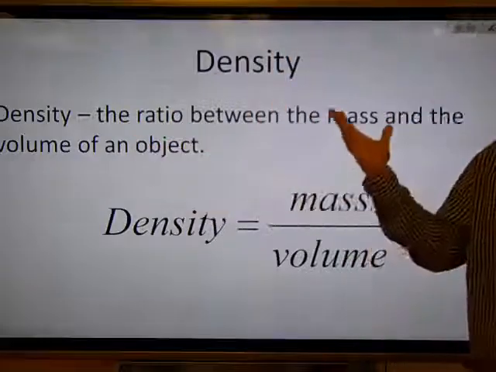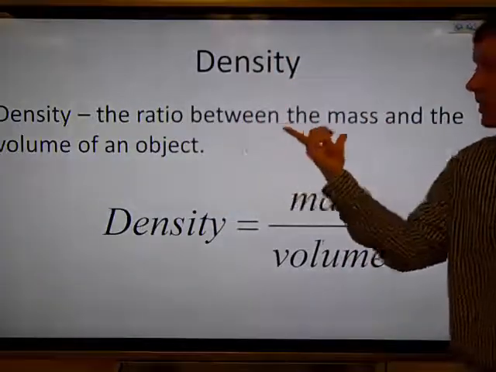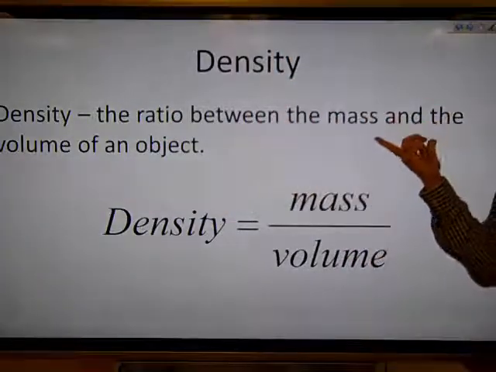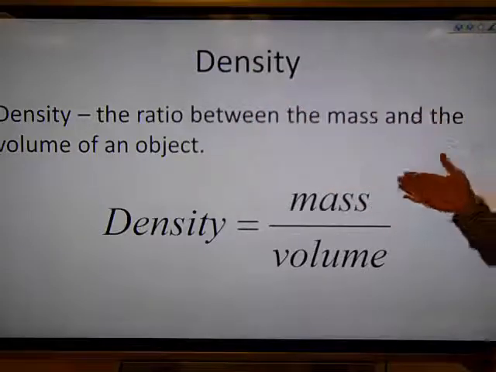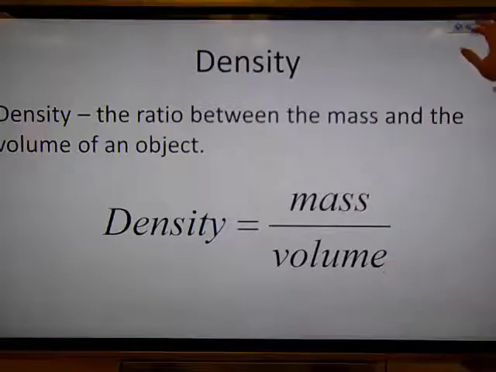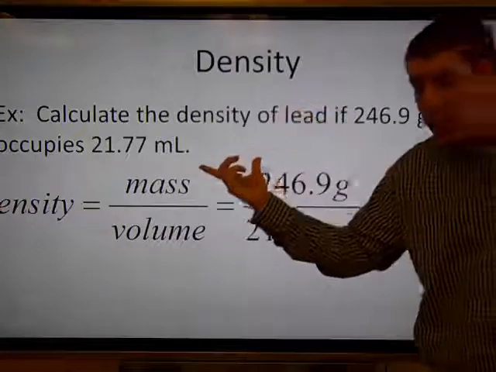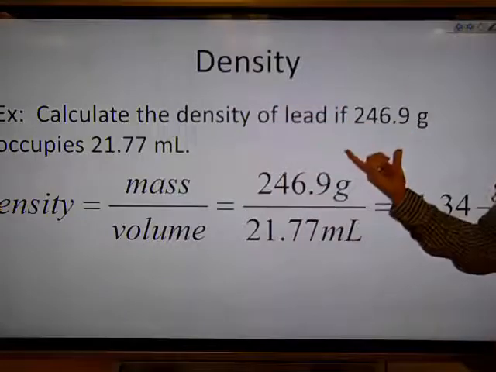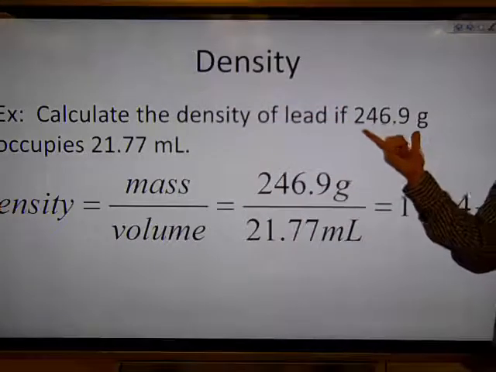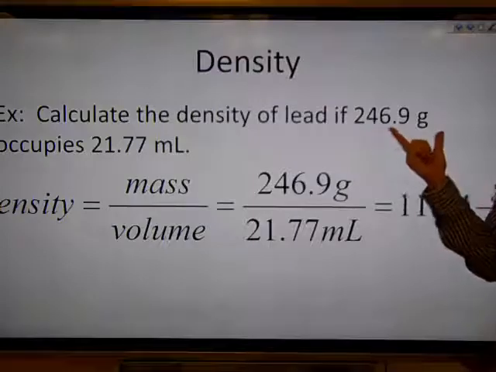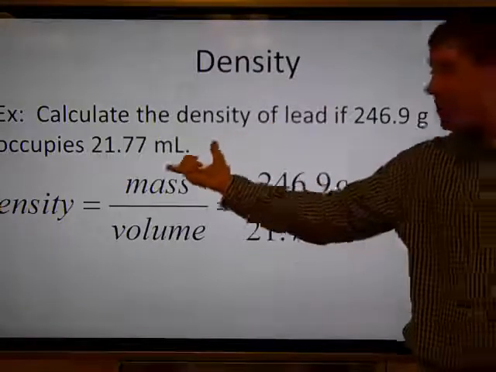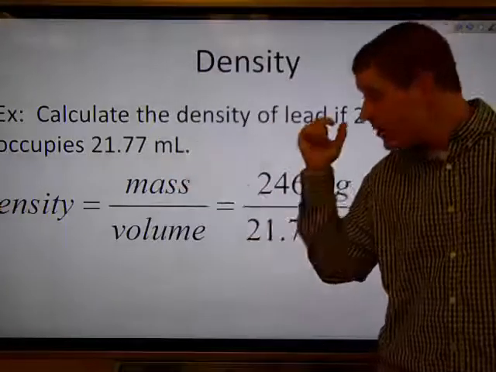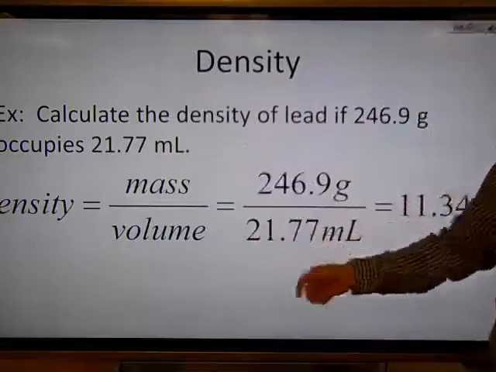You should be, I hope, familiar with density. Density is the ratio between the mass and the volume of an object. So density equals mass over volume. If we want to calculate the density of lead, given that 246.9 grams of lead occupies 21.77 milliliters, well, we know density equals mass over volume, so we plug in our mass, 246.9 grams, divided by our volume, 21.77 milliliters,